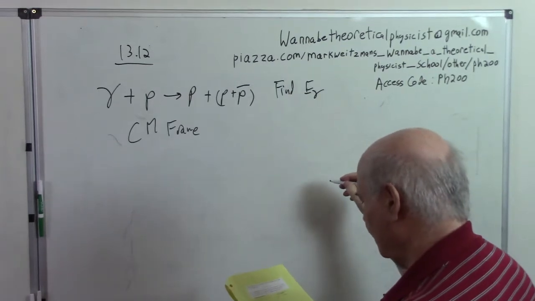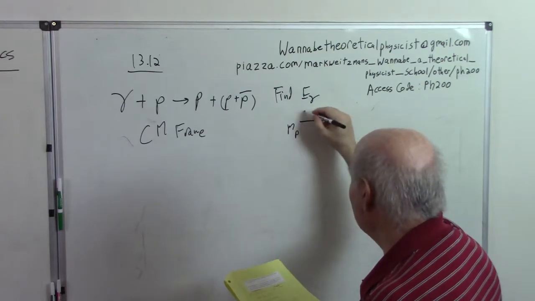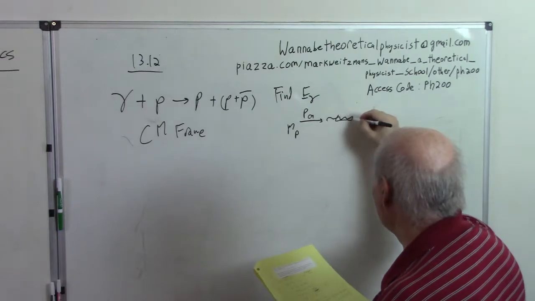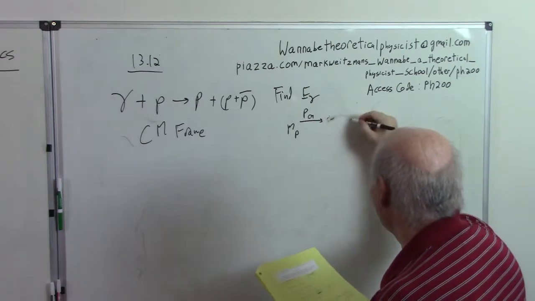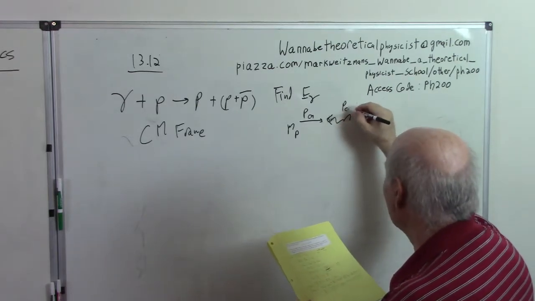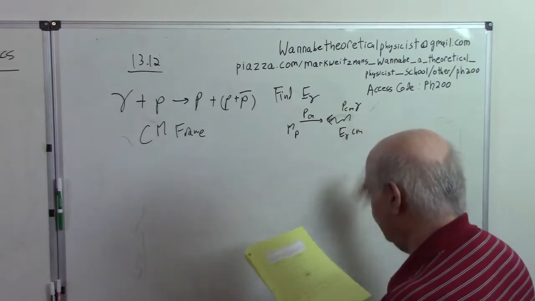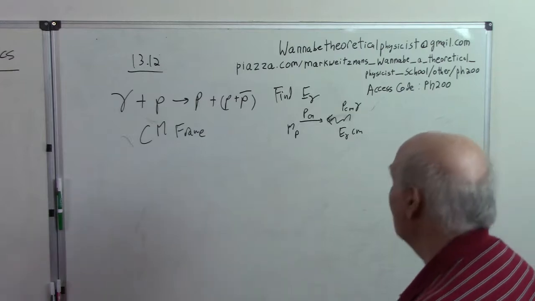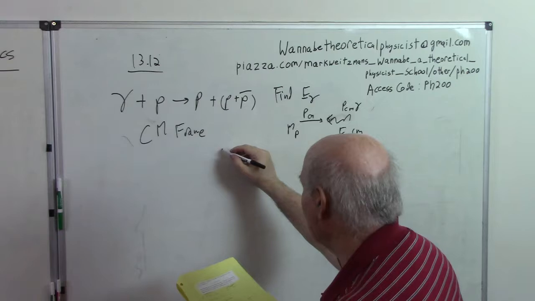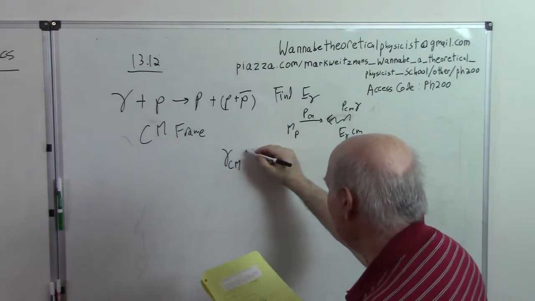So again, using the CM frame, I have the mass of a proton with the momentum of the proton colliding with a photon. Let's call it P CM gamma and E gamma CM. So using, let's use the momentum equation, so we're going to get gamma CM times the mass of the proton